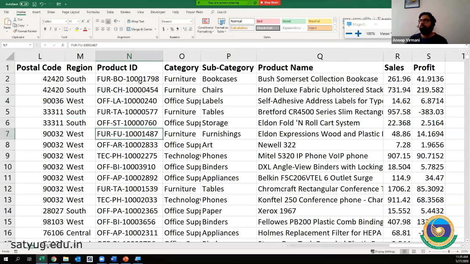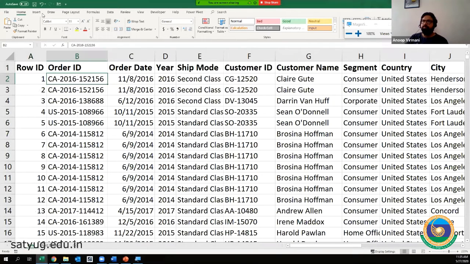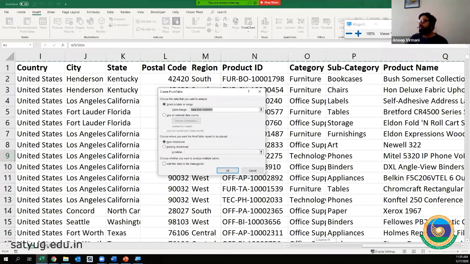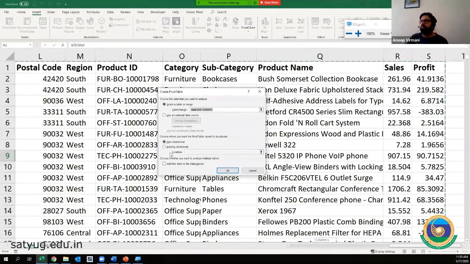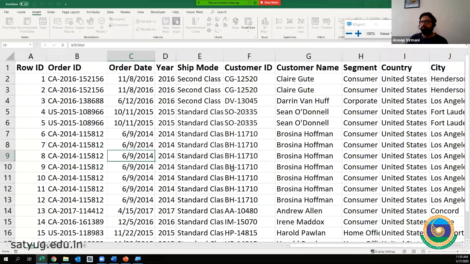So what did we do? We just kept our active cell in any of the data that we have. We go to Insert, and then we go to Pivot Table. Then our data has already been selected, the range. As you see these running borders around, we take this option of new worksheet and we click on OK.